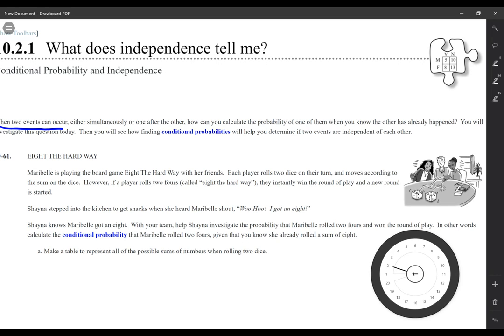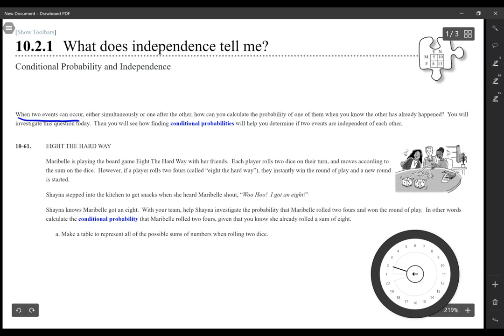The first one here is with this game being played called Eight the Hard Way. So as it says, Maribel is playing the board game Eight the Hard Way with her friends. So the way the game works is each player rolls two dice. So as it says here, two dice, those are actually the two events that we're talking about in this case. So each player rolls two dice and moves according to the sum on the dice. But if a player rolls two fours, called Eight the Hard Way, they instantly win and a new round is